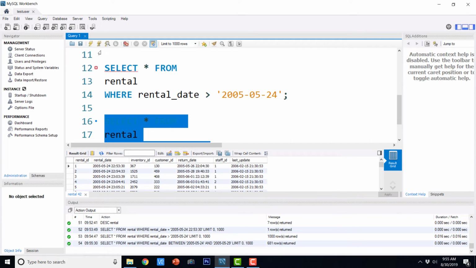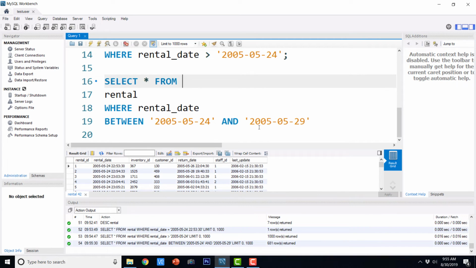So this is 2005-05-24 to 2005-05-29. This is the range, and whatever falls in between this range is returned in the result set.